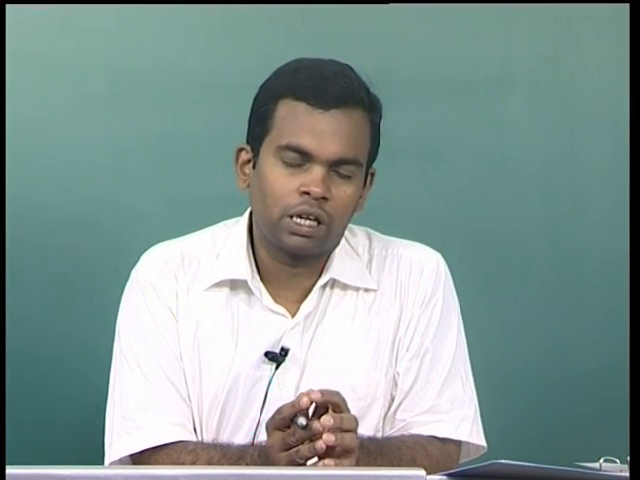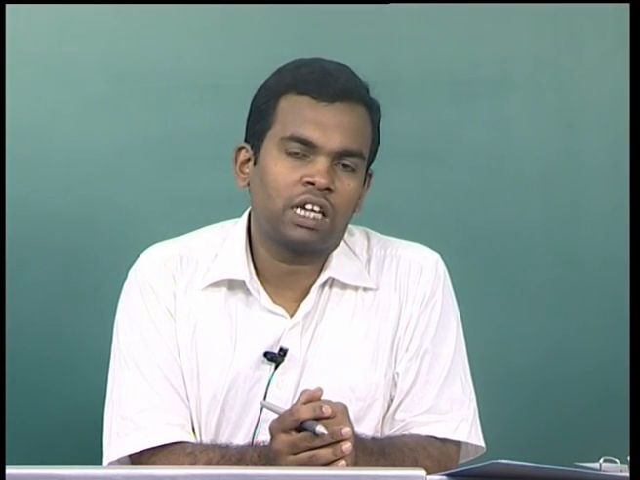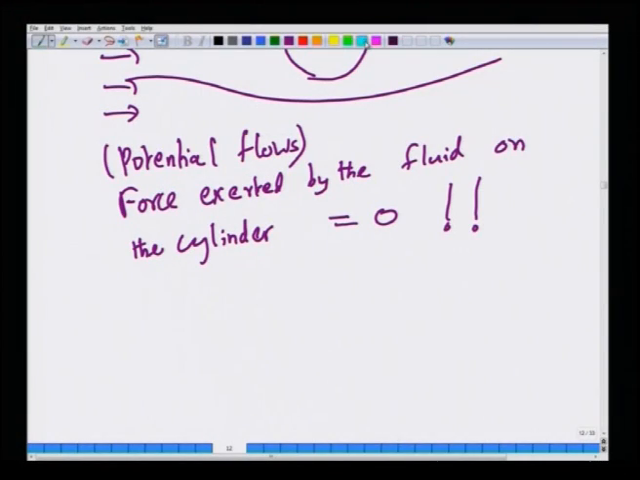I mean, if you move a sphere or a cylinder at very high Reynolds numbers, then you do find that there is a force experienced by these solid objects. But when you try to treat that within the potential flow approximation you find that there are no forces. So, this appears like a paradoxical situation, and this is called the d'Alembert's paradox,